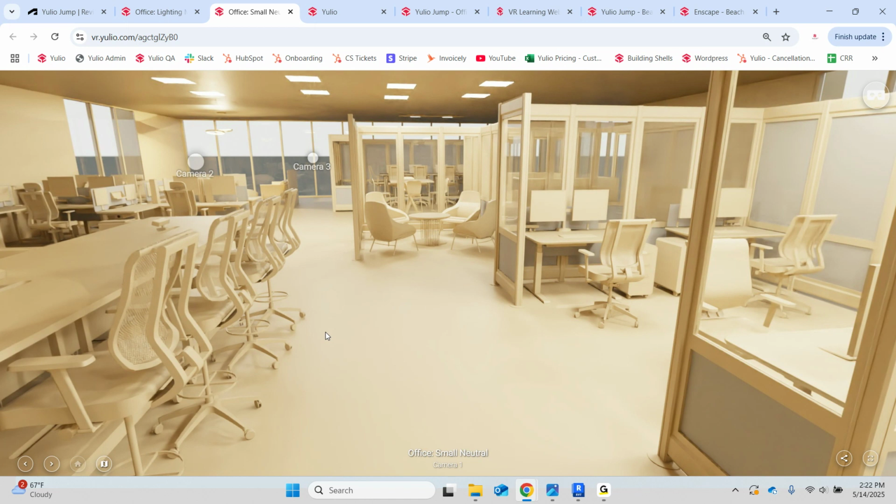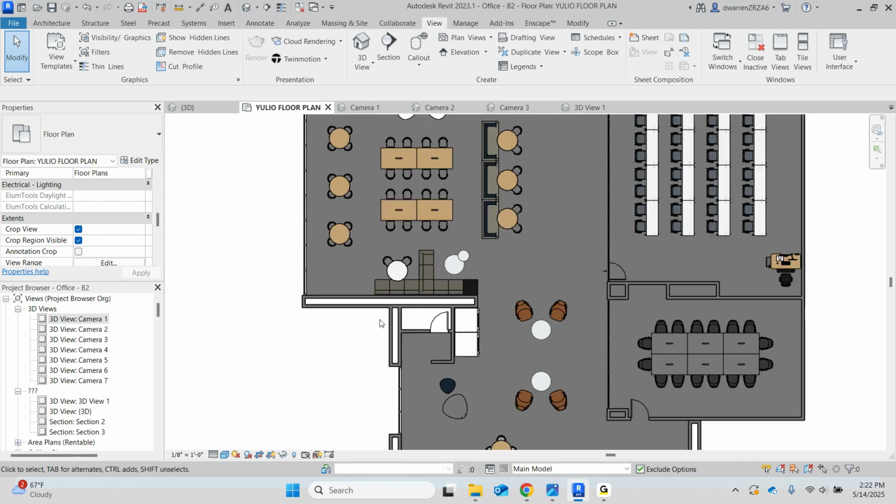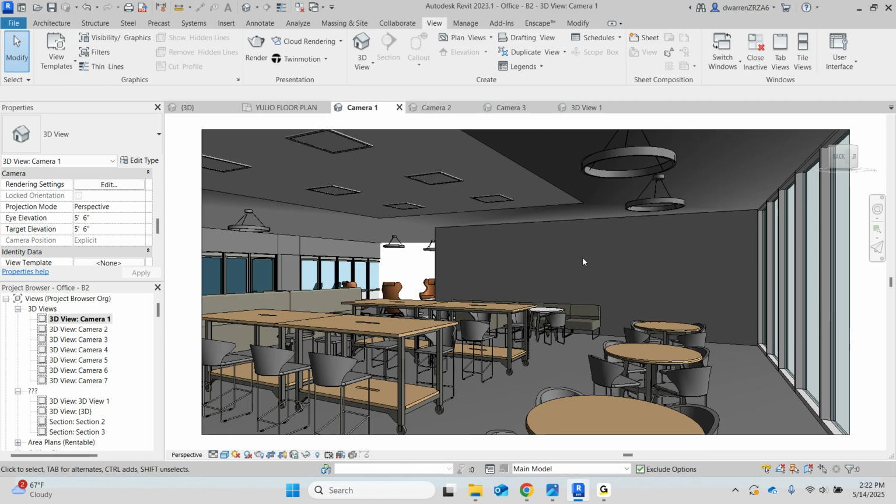Okay, so the next thing I want to mention before we jump into the Yulio plugin, which we're going to do next, is we're going to talk about AR tagging. So this is creating augmented reality assets. So if you don't already know, which I mentioned earlier, Yulio offers fully automated augmented reality publishing directly from Revit. So this is an optional enhancement to your VR project that lets you incorporate an AR hotspot into